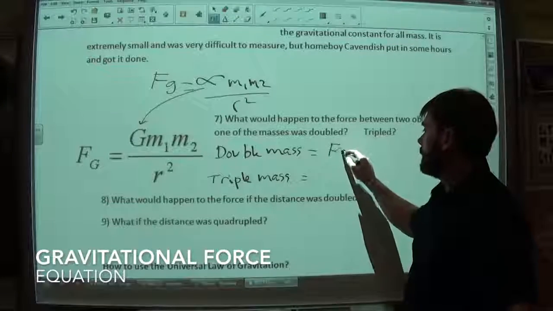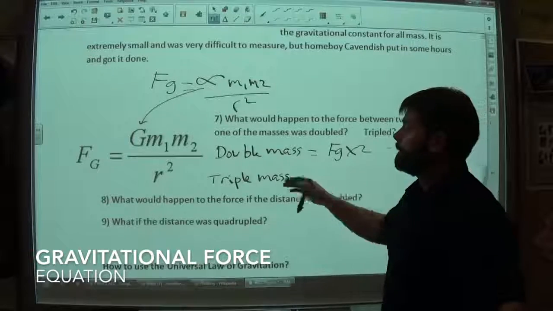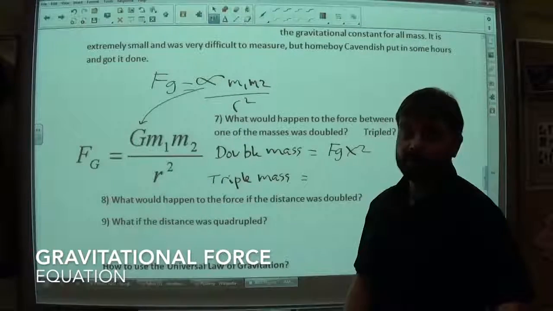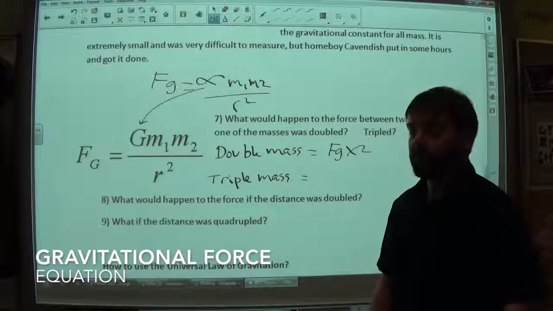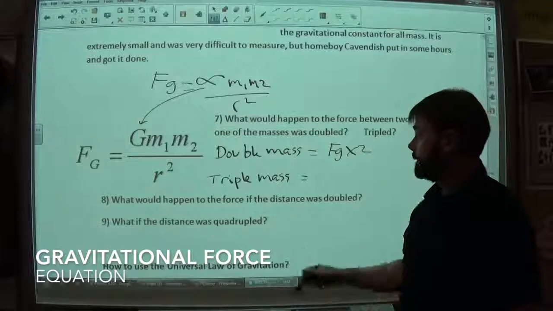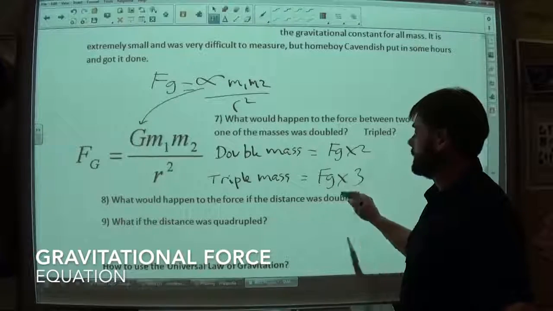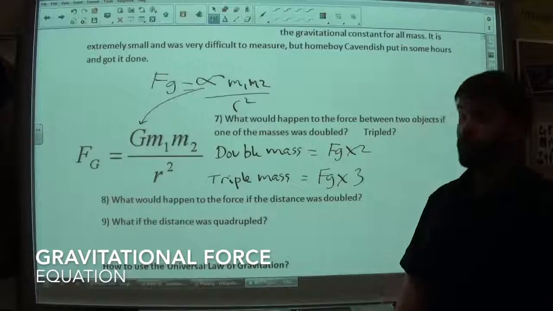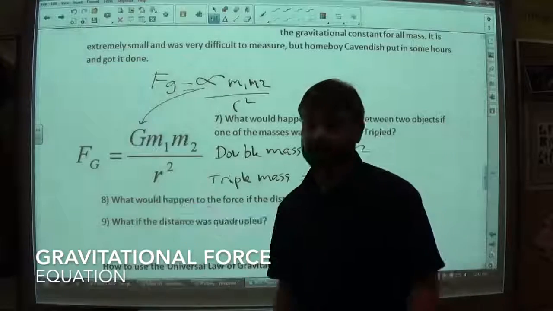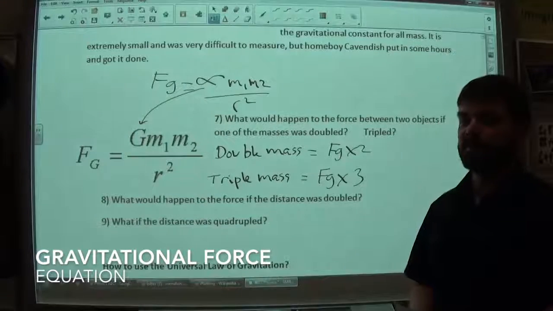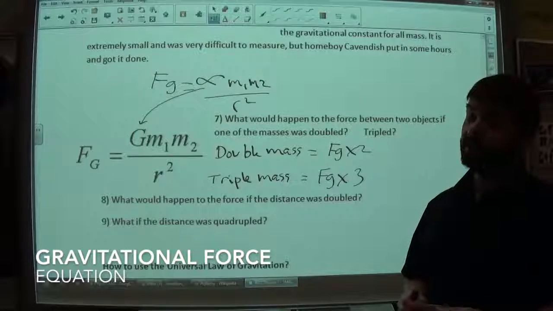Well, the force of gravity then would be multiplied by 2, because these are simply multiplied by each other. They're not squared, they're not square rooted. It's just a linear relationship. Same idea if you triple the mass: the force of gravity is now going to be tripled. Now that doesn't hold true for changing distances, because the distance is something that's divided, and not only is it divided, it's